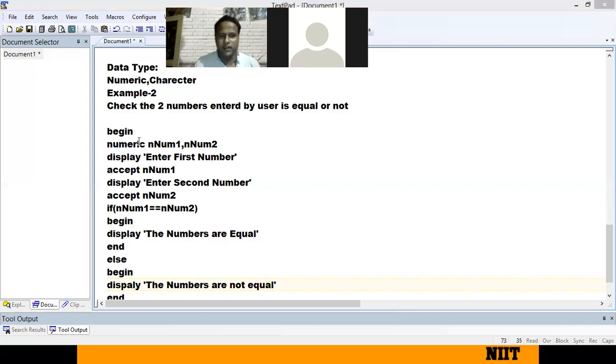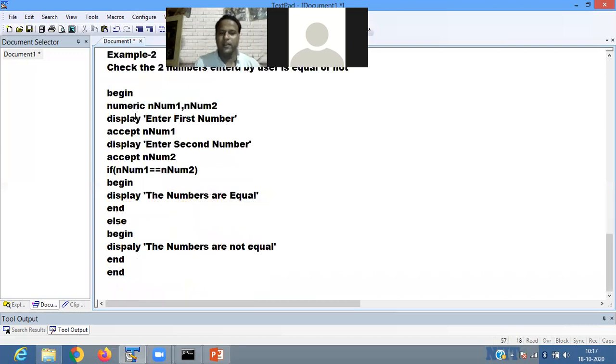So here you have to check: begin, numeric number 1 and number 2. Suppose you give 20, it accepts the 20. If you write 30, it is stored in number 2. So is 20 equal to 30? No. So when it is no, it comes to the else part, which displays the numbers are not equal.